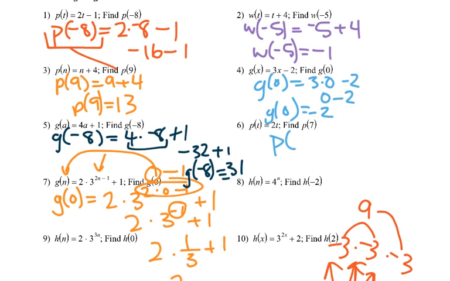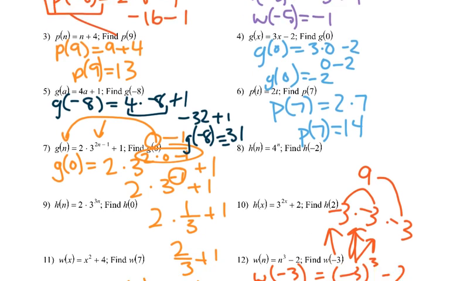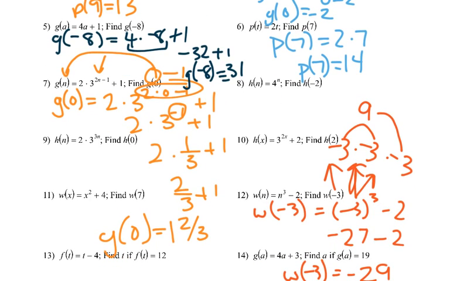Number 6, p of 7 equals 2 times 7. 2 times 7 is 14, so p of 7 equals 14. Okay, 7 we already did. Number 8, we would have